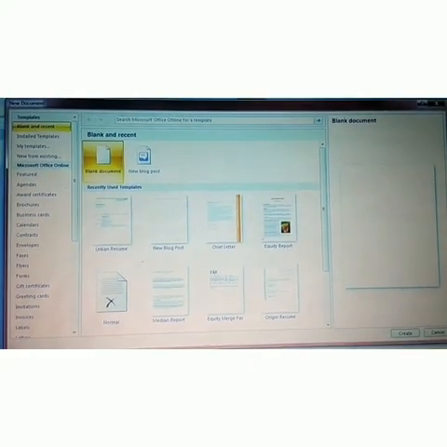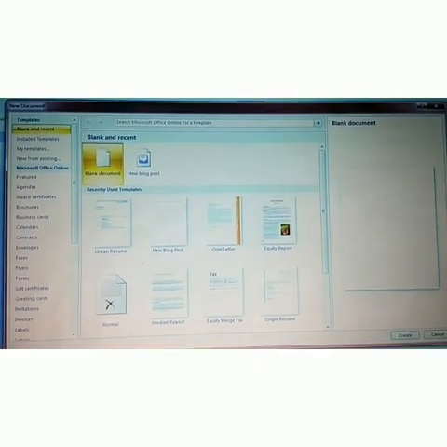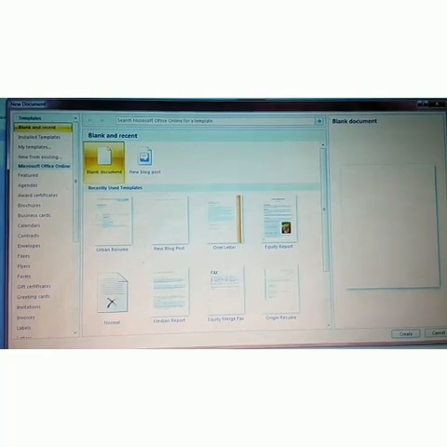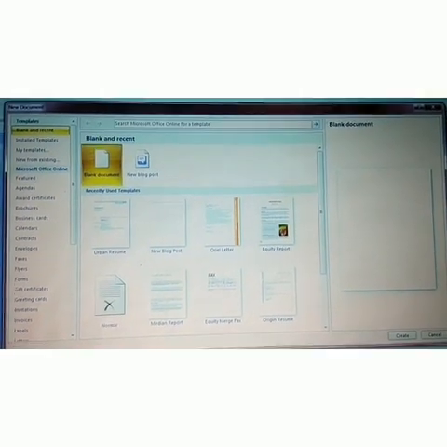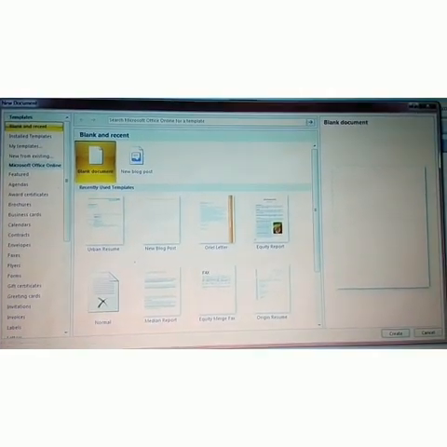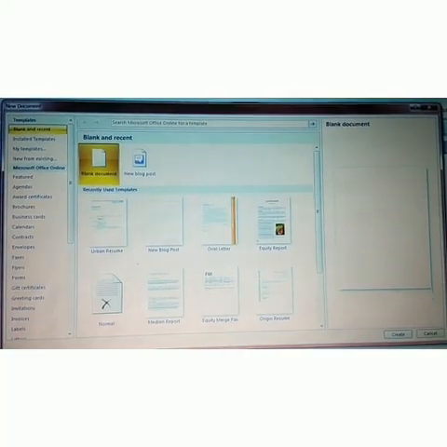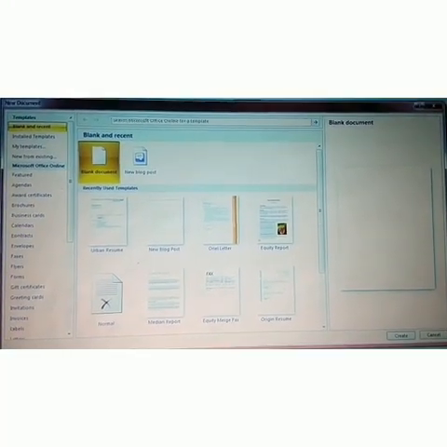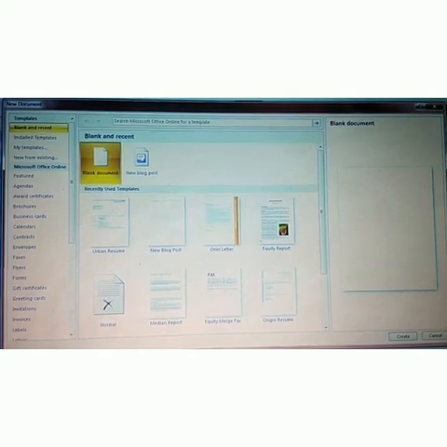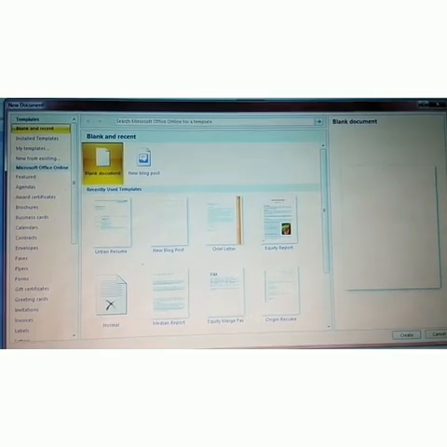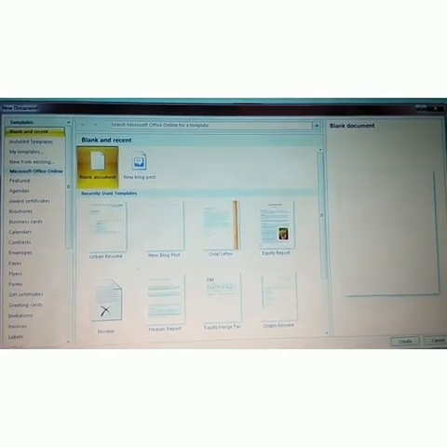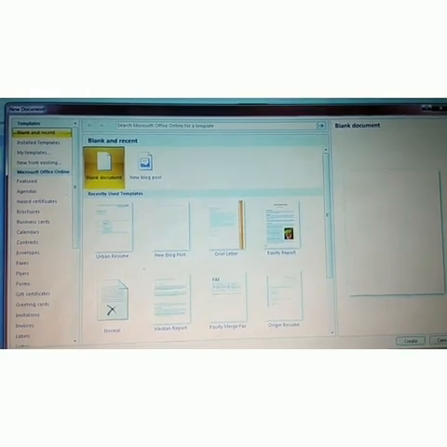See properly, students. This is very helpful. I already gave you an example. The new document dialog box helps to choose the new page. And after that we click the create button, and the new page is available in your document.